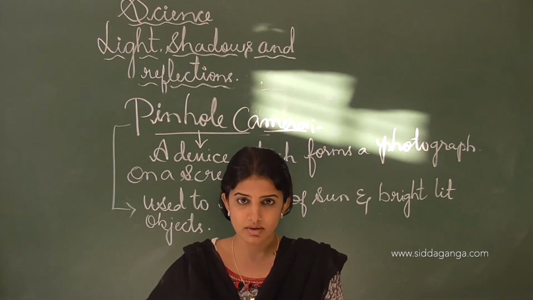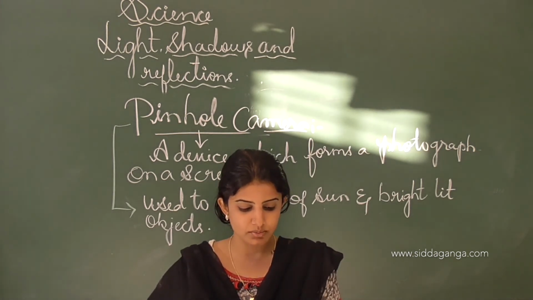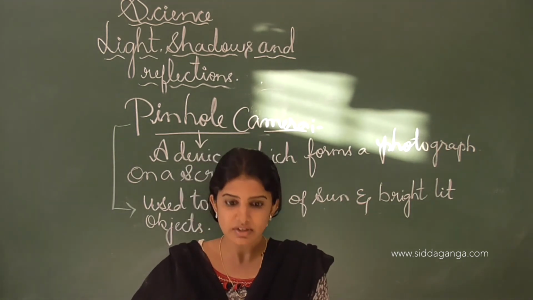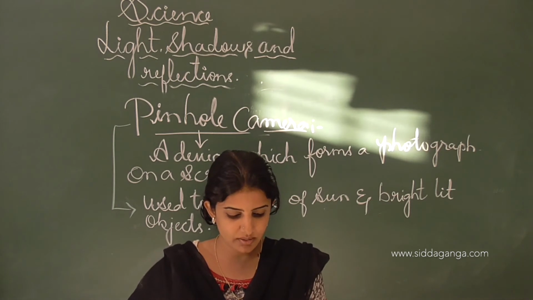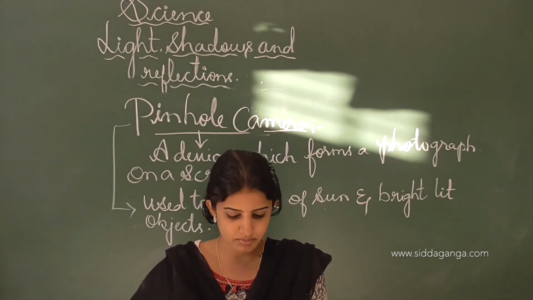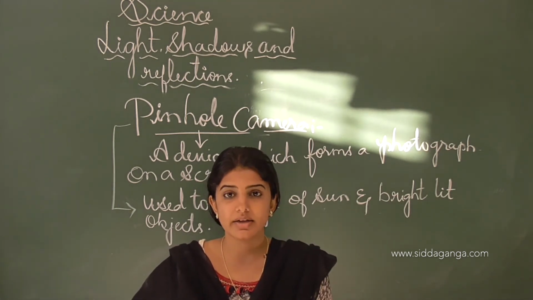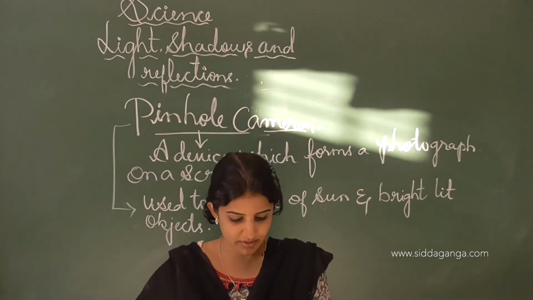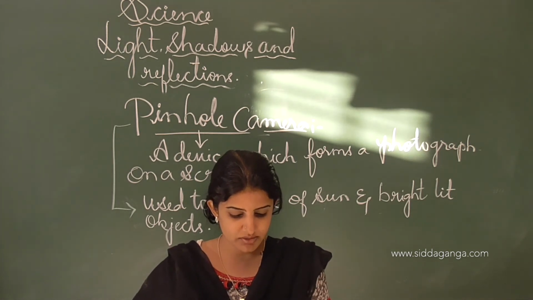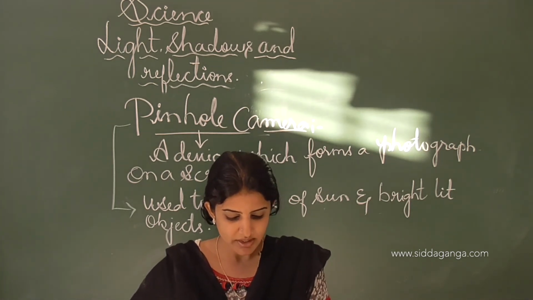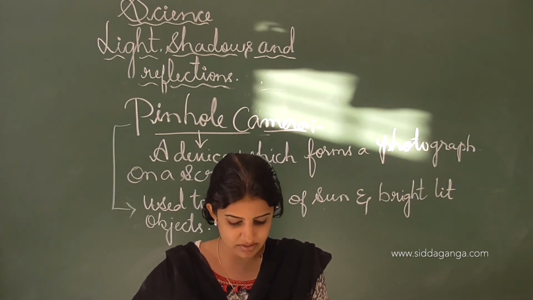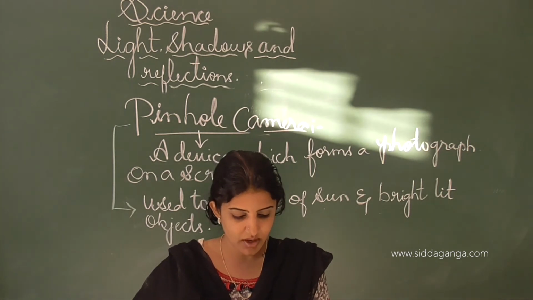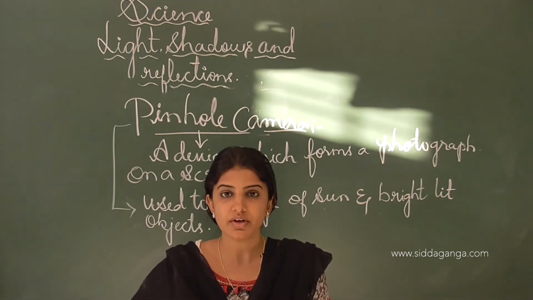Make a hole in the larger box, and in the smaller box cut out a square from the middle with a side of about 5 to 6 centimeters. Cover the open square in the box with tracing paper, that is, a translucent screen or translucent material. Slide the small box inside the large box with the hole in such a way that the side of the tracing paper is inside, as in the figure, and your pinhole camera is ready for use.